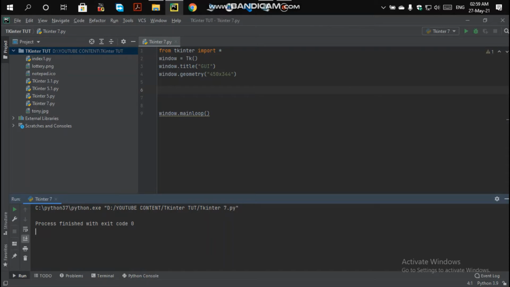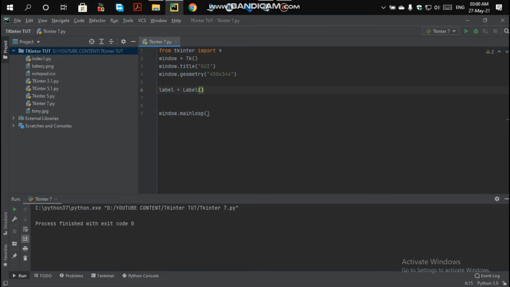Next we will be creating a label here. For creating a label, let me give it a variable, label, and the first argument will be your root, because I've already told you the first argument is root. Why? Let me give you an example. When you eat food, your plate is like your base window, and your spoon and your bowl are like your widgets. So your window is your plate and label is a type of your bowl. So you have the widget over your window, and your bowl over your plate. I hope you understood the concept.